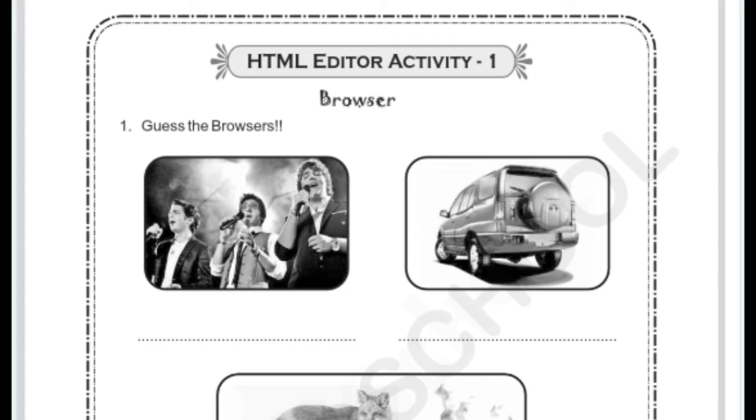So a website is a collection of web pages. A web page is a combination of text and images. So this is the website and the web page. Browsers: Google Chrome, Mozilla Firefox, Internet Explorer and Opera, UC Browser.